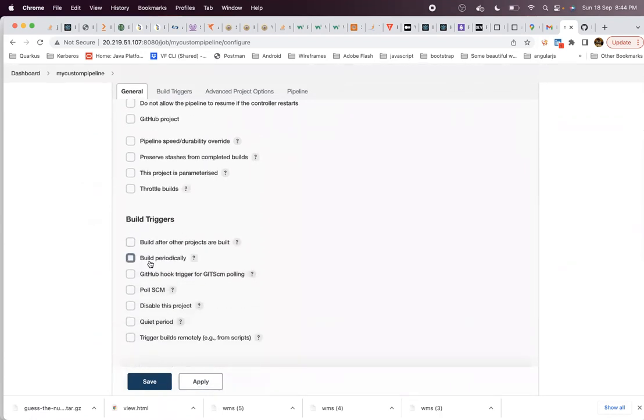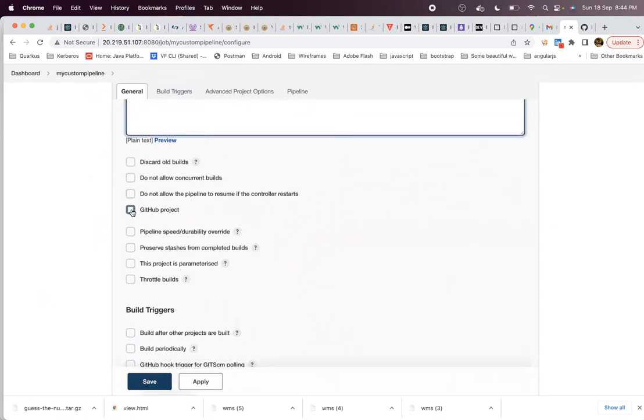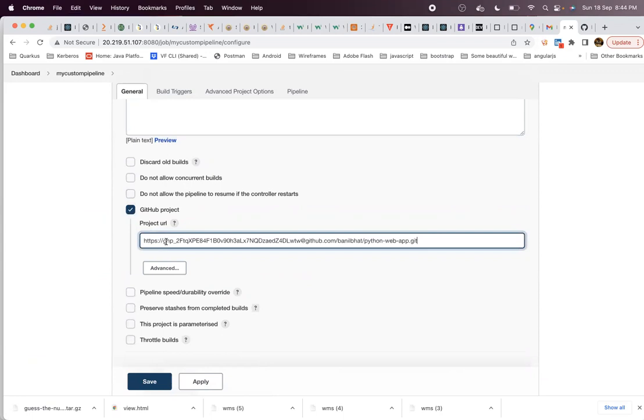Now you can actually build using SCM. It's typically a GitHub project. You can just copy this particular project's GitHub URL, and you have to type the personal access token here. This is one of the ways of authenticating using a personal access token. You can just mention that URL,